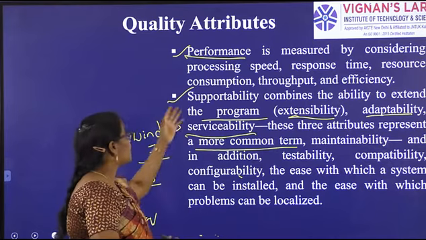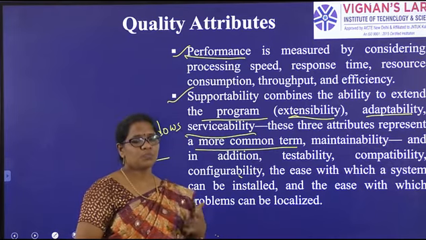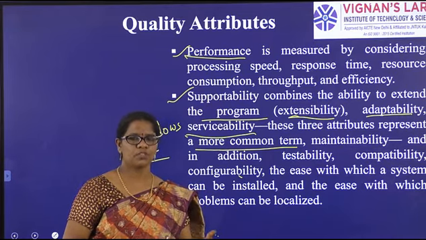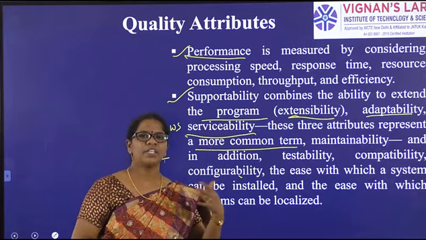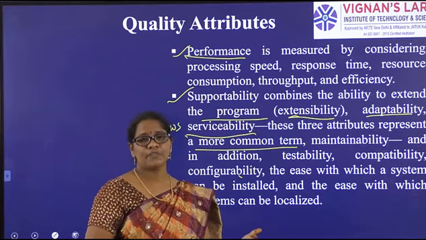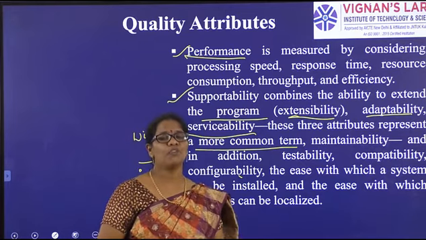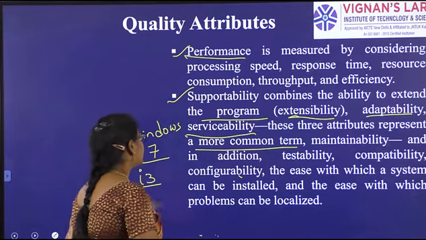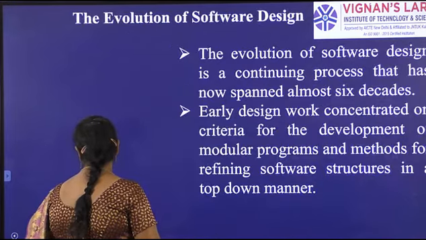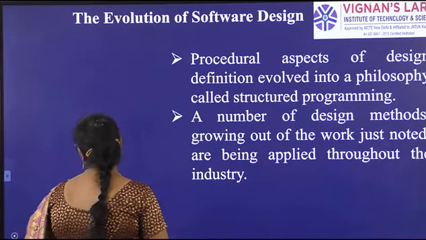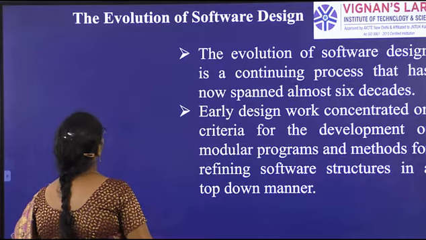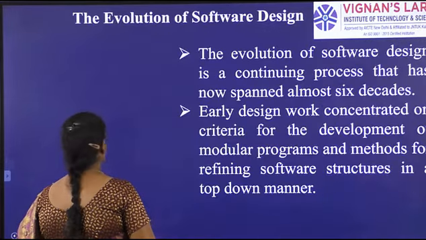So that is supportability: how much support is given by your system. After installing some software, or some other third-party software, how is it giving supportability, and how is configuration going to be done? So these are the five things, up to the quality attributes.